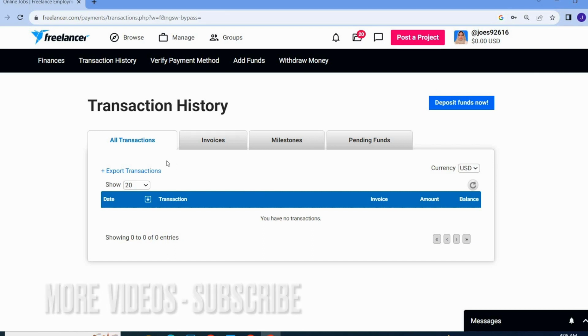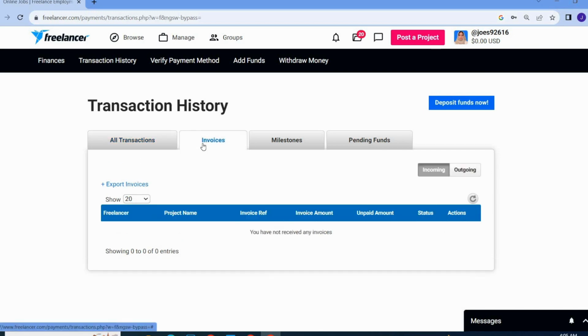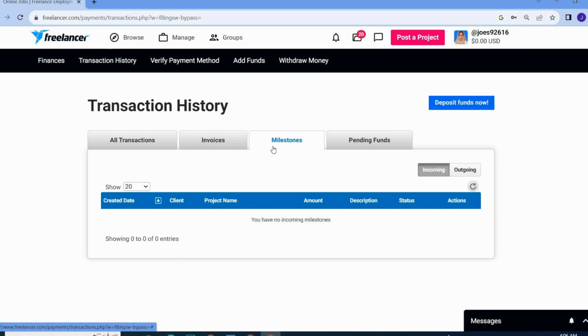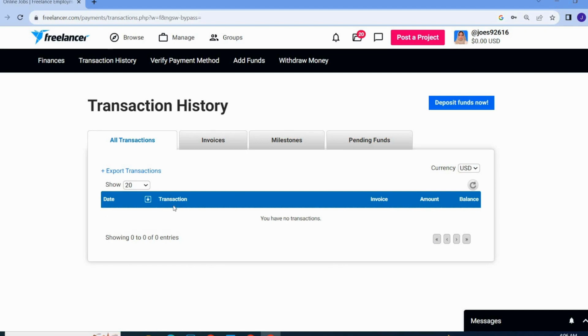using this simple method. So all your invoices will be shown over here, and all your milestones will be shown over here, and your pending funds. So guys, this is all transactions, and all your history will be shown over here. So guys, this is how to check